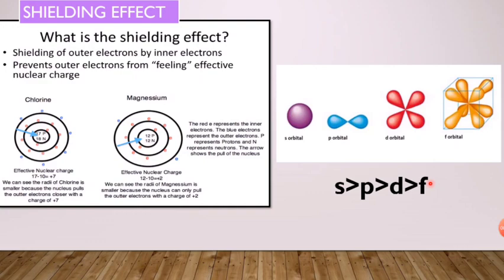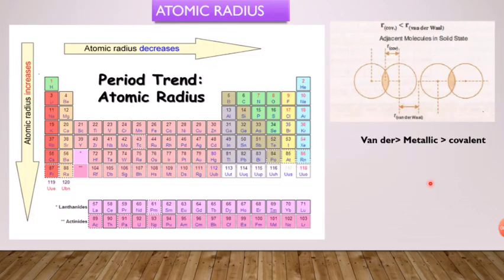Okay, then the atomic radius. We know what atomic radius is. Atomic radius is the distance between the nucleus and the valence electrons. But in older times, there was no actual way to calculate this atomic radius. So scientists came up with two types of radius, that is covalent radius and van der